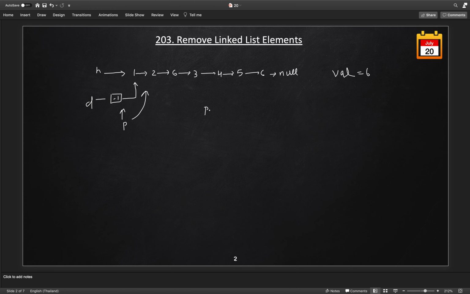our previous dot next to the current head. So this will be previous dot next to current head, and then update previous to previous dot next, and also move the head to head dot next. Once we move, our head will be here and the previous will be here. Now again we will check, still it is not the same, so we again move, so head will come here and previous will come here. So this will be previous and this will be the head.